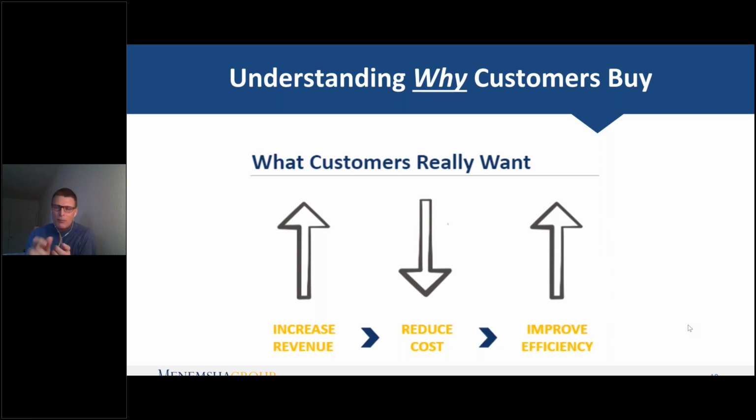And this ties back into my point I made earlier about a value proposition. This is what your customer wants to talk about. Talking about these three things is what's going to pique their interest. And they're interested in these three things because this is what every company in the world is trying to achieve.